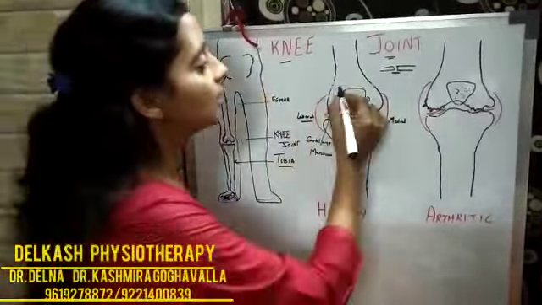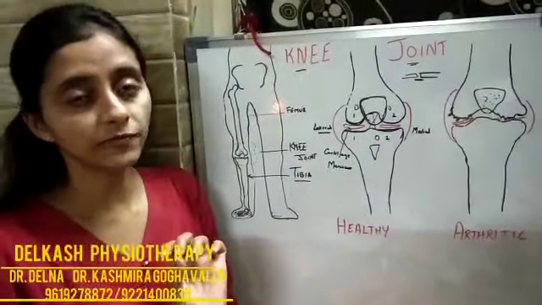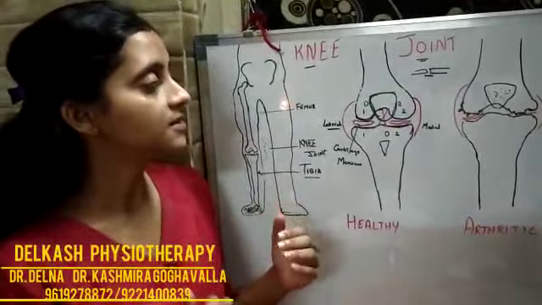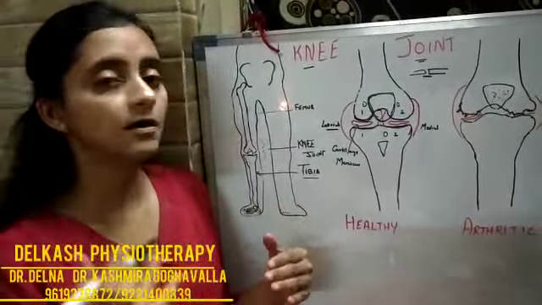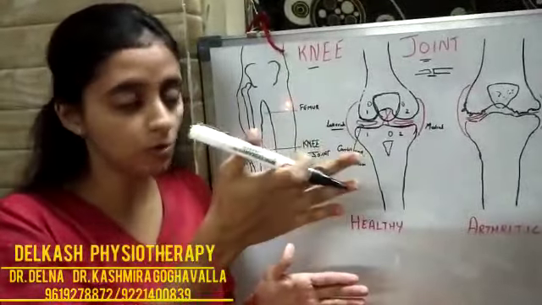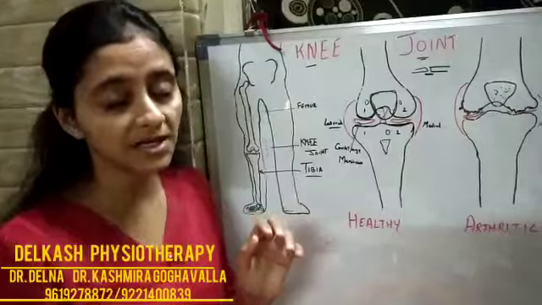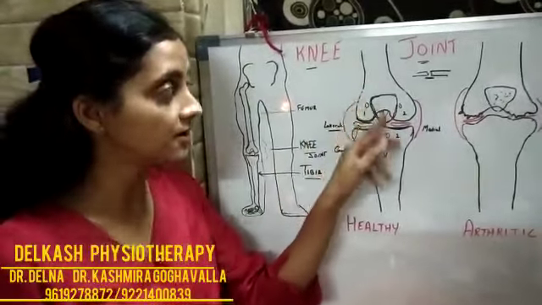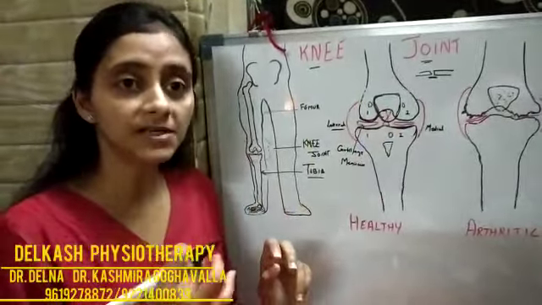You also have a very important structure in your knee joint which is known as the patella, which we call the knee cap. It is sitting on top of the knee joint. This structure is also very important because it helps in increasing the efficiency of the muscles of the knee joint, and it also helps in preventing the muscle from directly contacting the main bone and preventing the friction between the main bone and the main muscle of the knee joint. So your patella is a very important structure in the knee joint, the knee cap, and many times this patella is also one of the main causes of your knee pain.